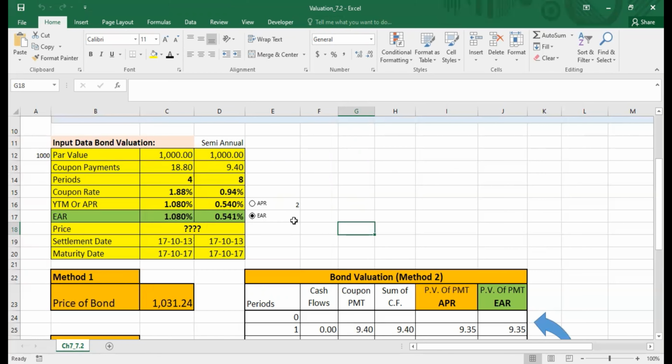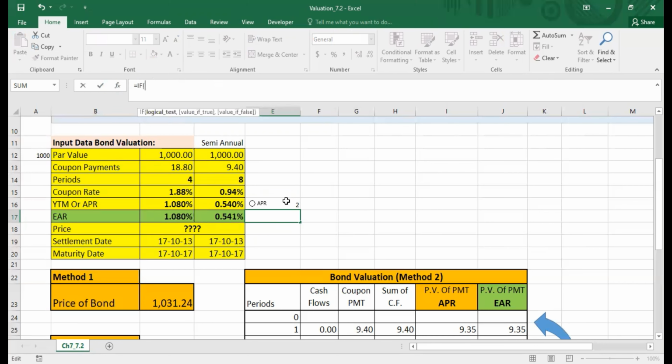The best way to link this 1 and 2 with these buttons and these rates is using an IF function. So let's try to use the very basic IF function over here. I'm simply going to start with equals, you can also see on the formula bar I am typing in the IF function. If this cell, I'm simply clicking on the cell address, this cell is equal to 1, because APR is represented by 1, then select this value, because this is a semi-annual bond. That is why I am picking up the semi-annual rate.